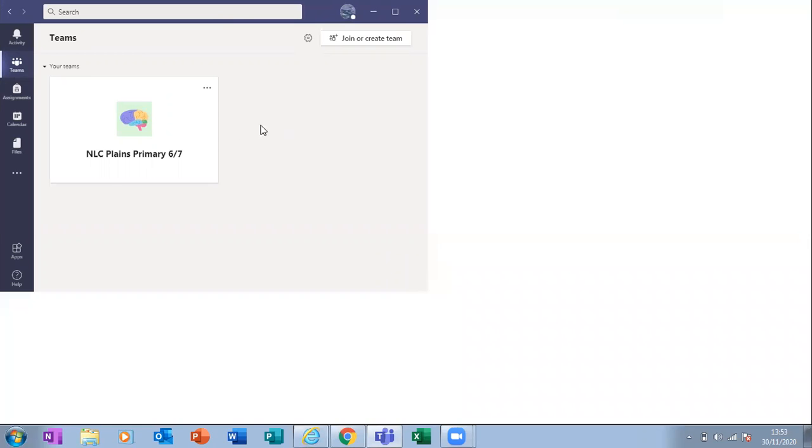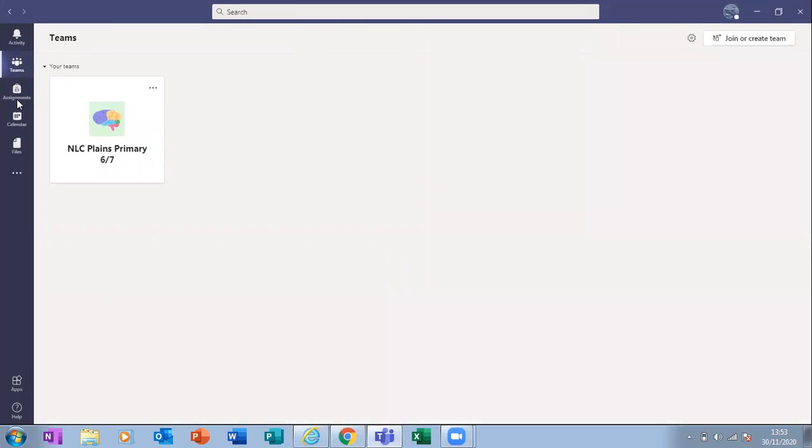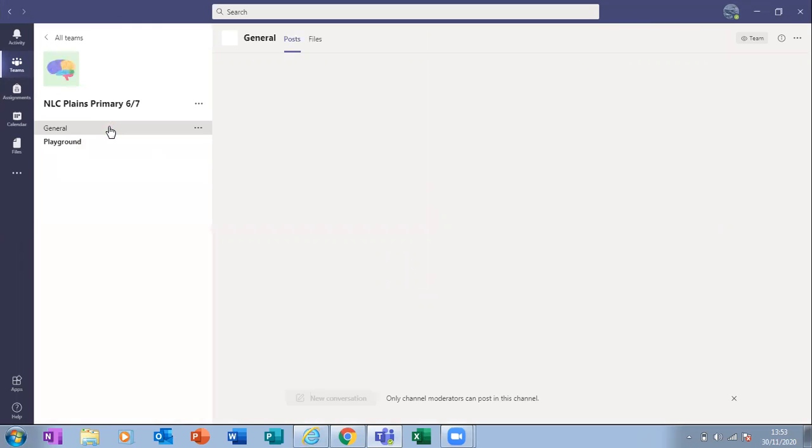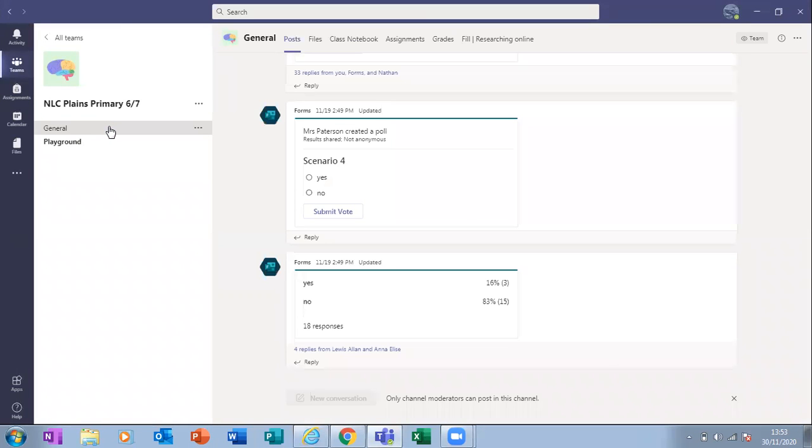Home screen exactly the same. Okay, so down here you've got some options, and over here you've got the teams that your child is part of. So immediately then you're going to click on the tile which has your child's class team, and that will open up a different